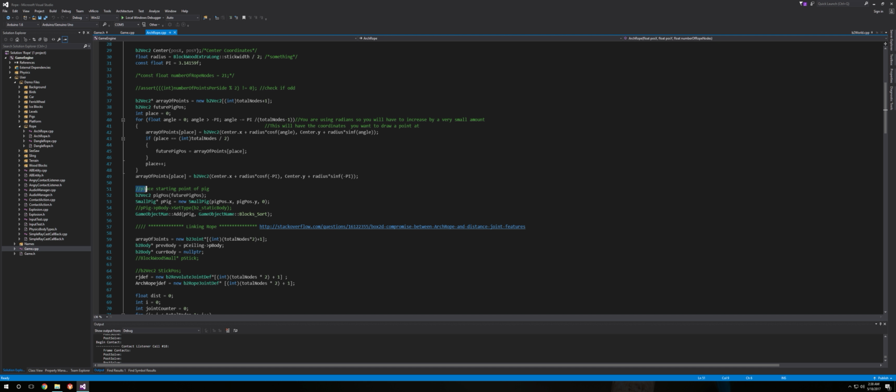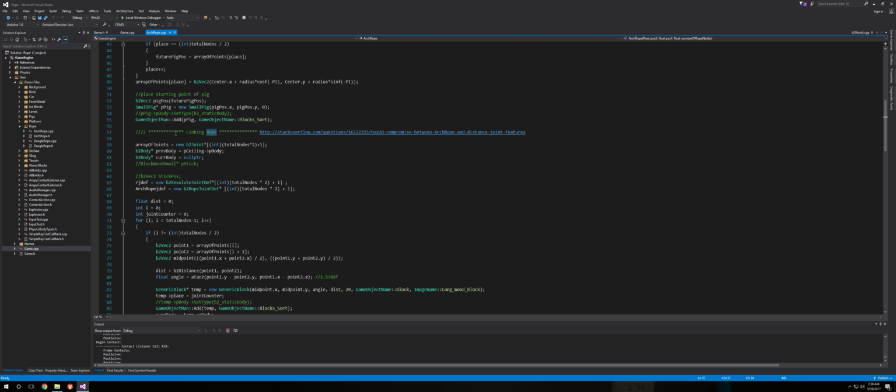And we ensure that we save a position for our pig right here, the future pig. So once we reach the halfway mark, that's where our pig will be, and we save that point for the pig. We place our pig into that position,